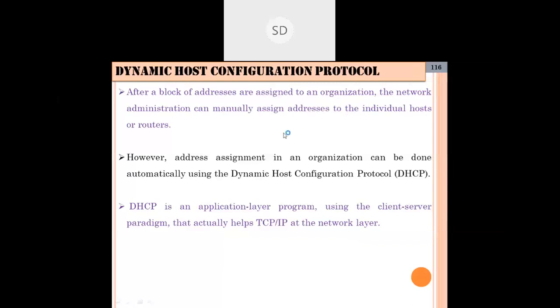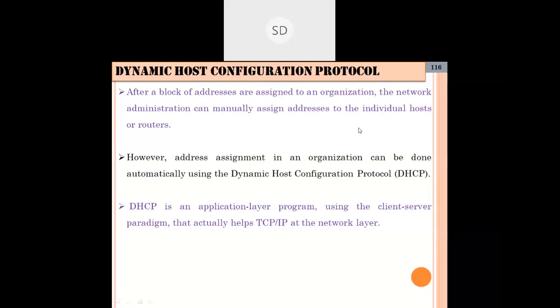DHCP concept, dynamic host configuration protocol. Okay, what is this dynamic host configuration protocol?